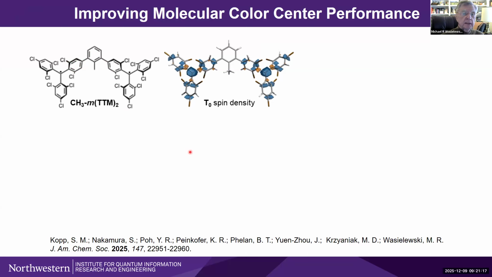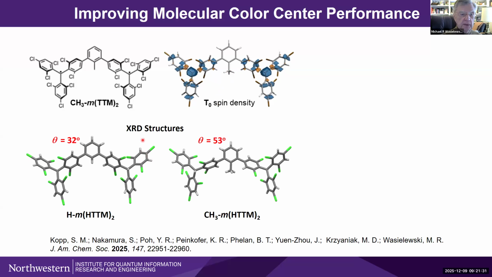And so consequently, if we can twist them a little more, we might actually be able to accentuate that as well. And so the easiest way to do this would simply be to insert a methyl group right in the middle, which adds more steric hindrance, which it did. And sure enough, it turns out that we have XRD structures of the precursor molecules. Note the fact that the precursor is simply the molecules with the CH bonds instead of the radicals here.